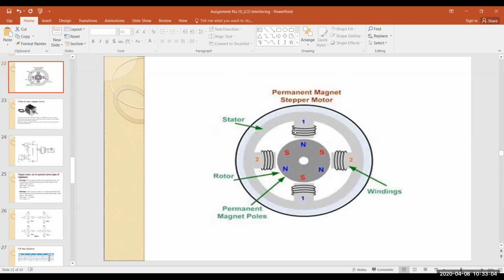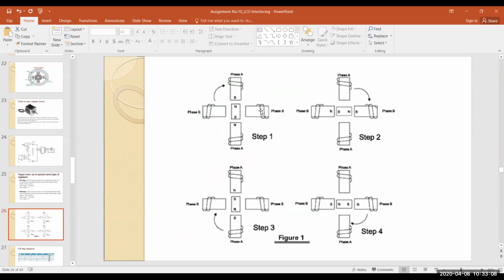So the stator magnet is surrounded by the coil, and the rotor is not surrounded by the coil. That is the basic difference. Now this coil is nothing but electrical wire.